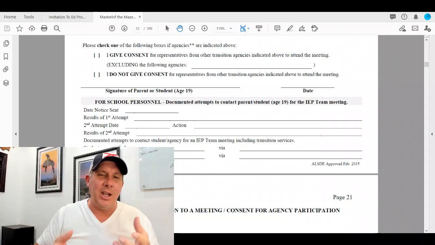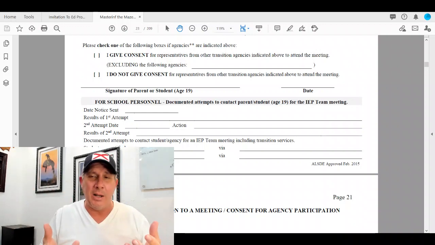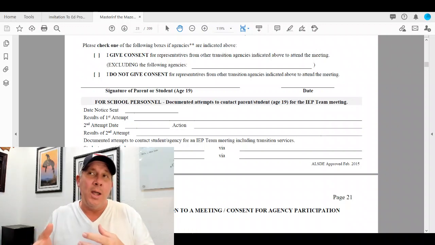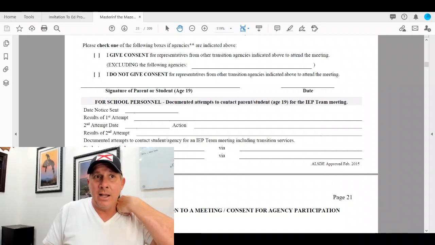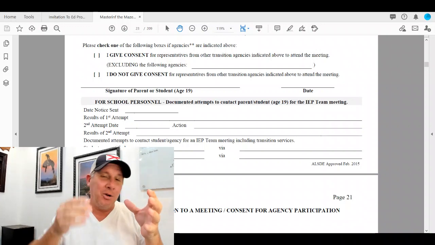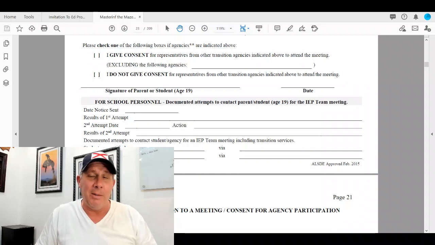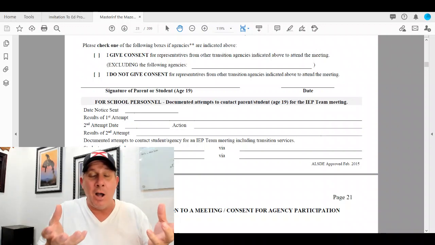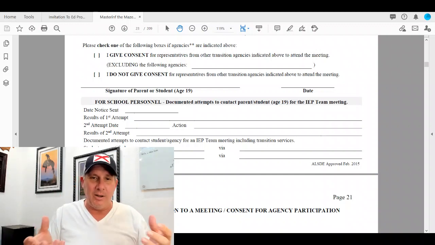See, an invitation is an invitation. If you're having to try to convince somebody to participate in an IEP meeting, that would mean that there's resistance. They don't want to. And there are times like that. Let's say the parents, and I've had clients like that, understand that we're going to have that big talk about your child transitioning to a different school, or we're going to have that big talk as an IEP team about the fact that the current environment for your child might not be working. And so therefore there could be a potential change in placement ahead of you.